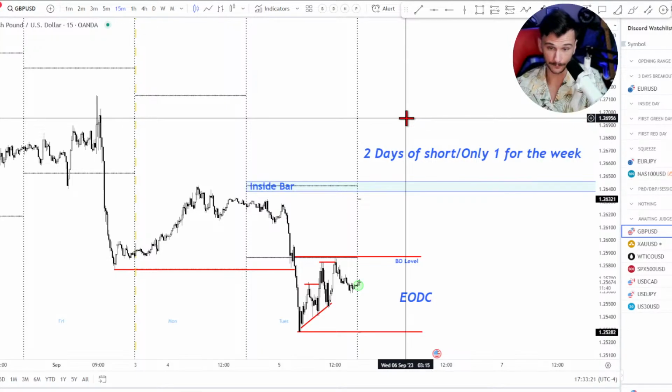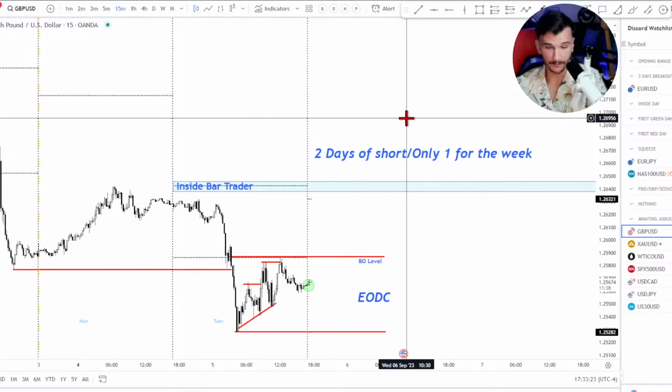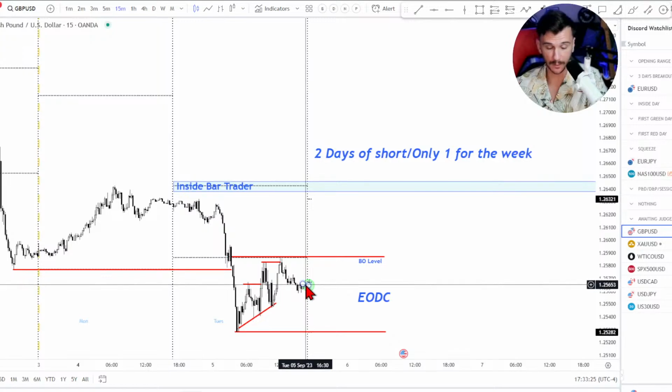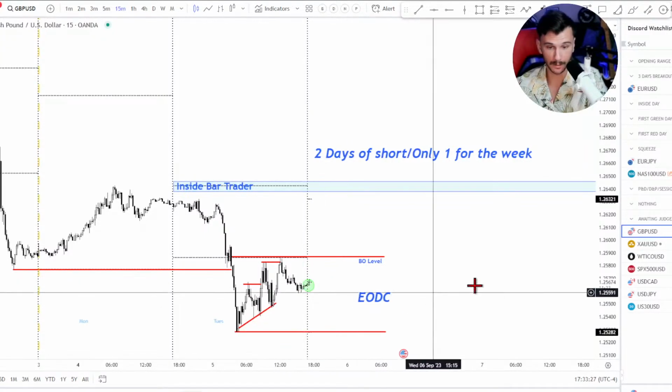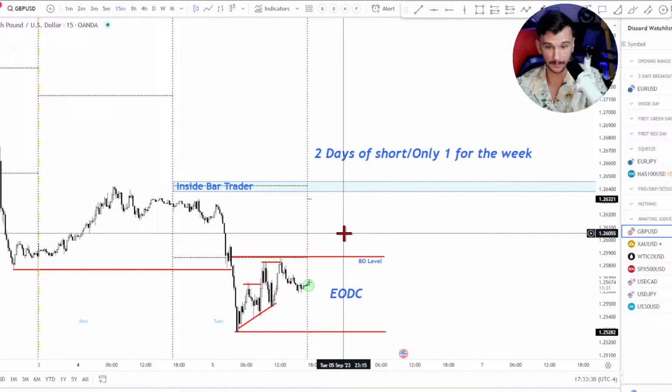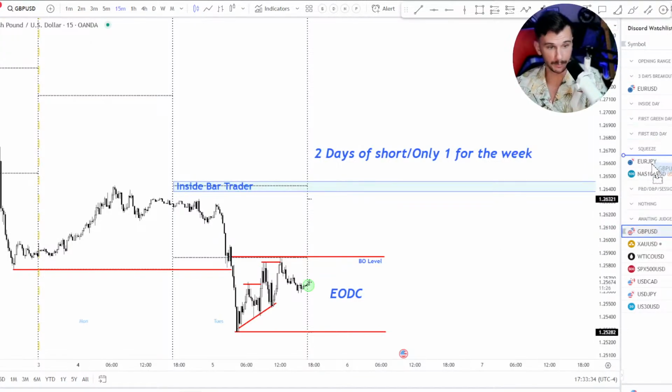That's all I can really do. I don't have any other signal days. Don't have a first green day. I have a close outside of the opening range. That's good. And I know I just keep repeating the same thing over and over again because I'm trying to stare at it and see if I can see something. I'm simply not. So I'm just going to put this into... It doesn't even matter. Pump and dump, squeeze. It doesn't matter.